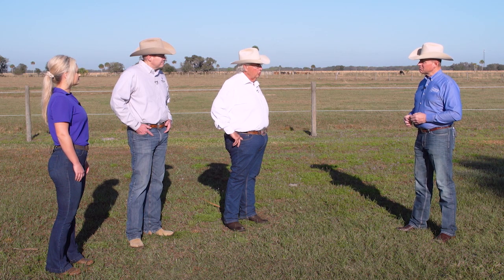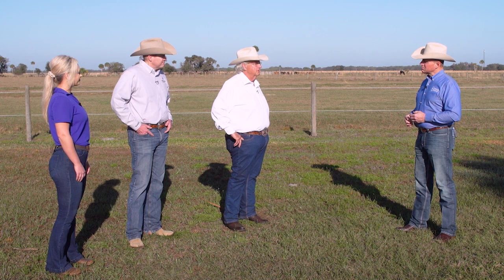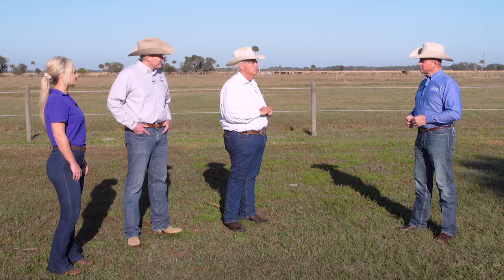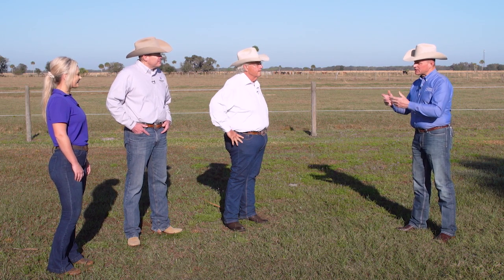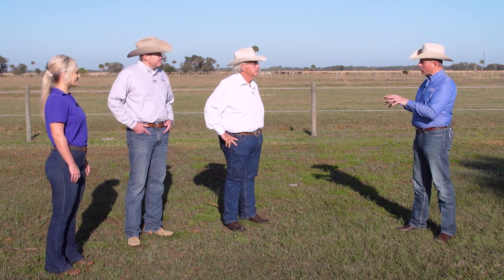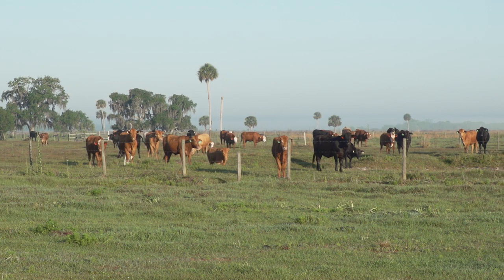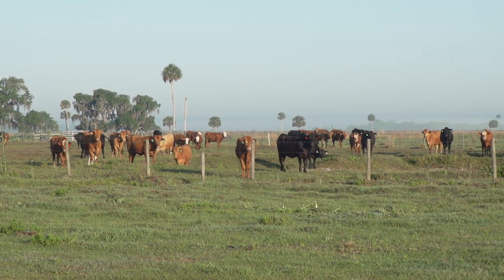And learning from them, especially in weed control here in Florida, we're subtropical, we grow everything down here, that we have to depend on them to tell us when to apply whatever we do to those weeds to get a handle on them. So tell me this, you've got them standing right next to you, but how important have Corteva products specifically been on this ranch? Well, very important, extremely important,